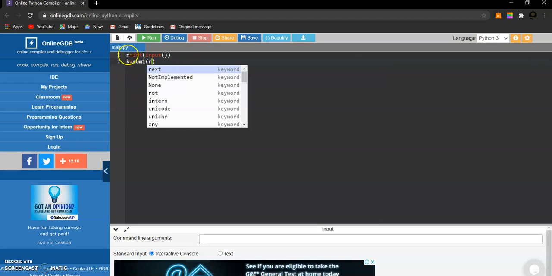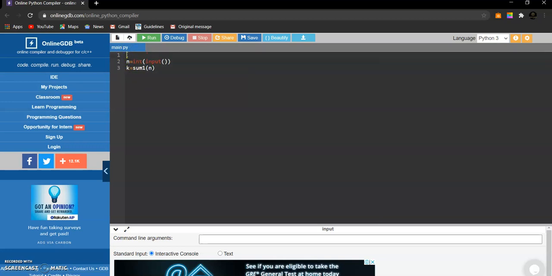Let's say the function is sum1. Here we'll define the function sum1 and take the argument. As I've previously said, we'll do this task using recursion.